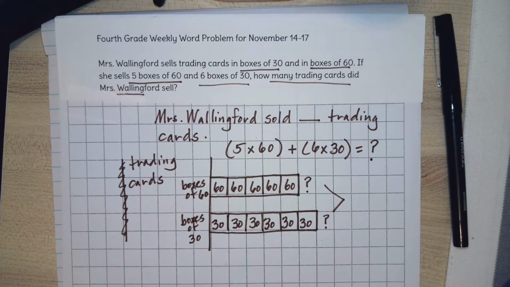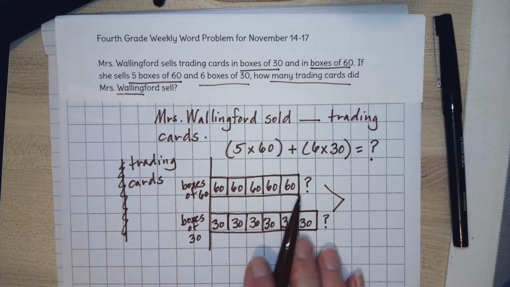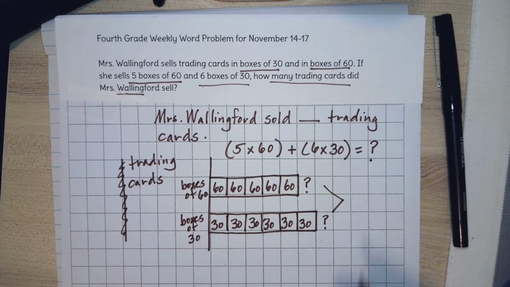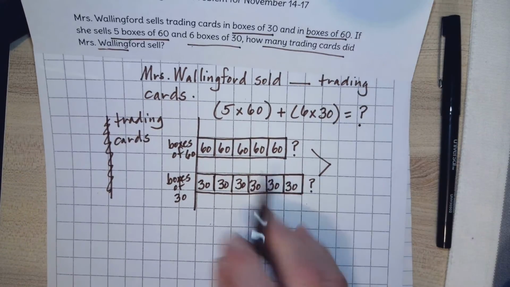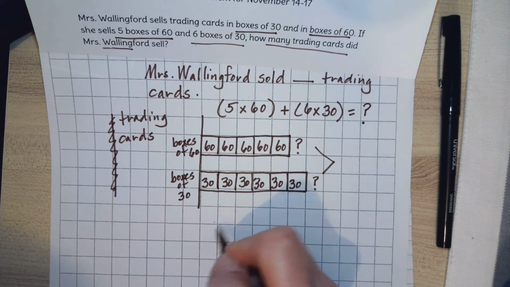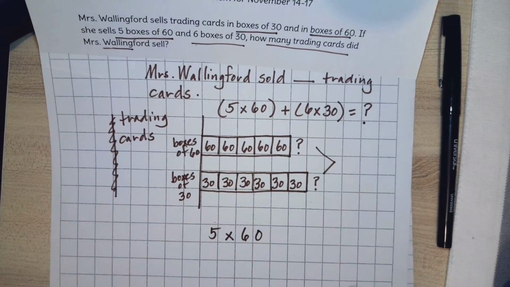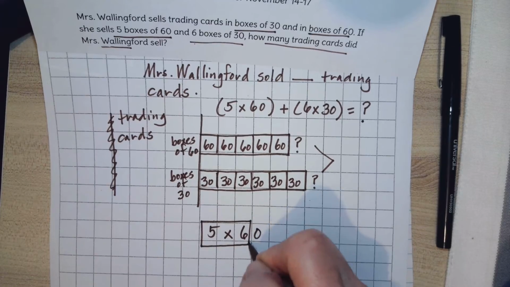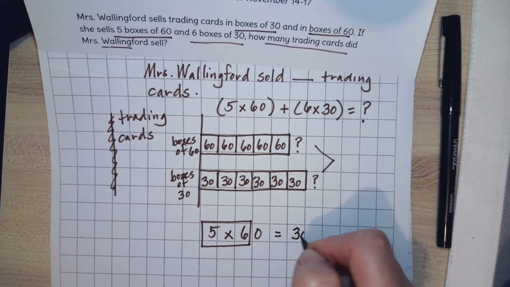Okay? And I'm double checking up here. 5 boxes of 60, 1, 2, 3, 4, 5. Yep, I did that. 6 boxes of 30, 1, 2, 3, 4, 5, 6. Okay. So now I have to do my multiplication. Now there's a way to do, we've multiplied with multiples of 10. And I'm going to write this sideways, just to remind you, if you know that 5 times 6 is 30,